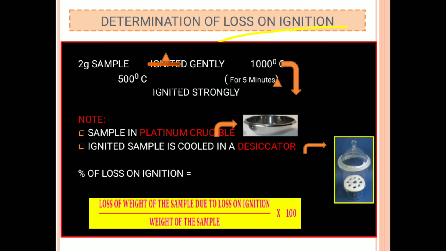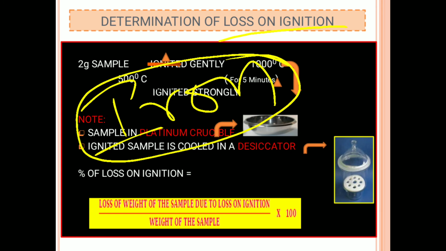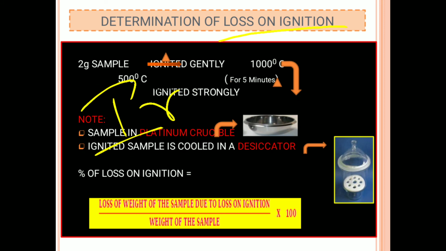Try to understand. This is the iron ore, which is not a combustible material, but some of the constituents present in this iron ore maybe in the form of combustible matter, that is, there may be some substances that burn, that is, materials that undergo combustion. To remove such things you need to ignite the sample.